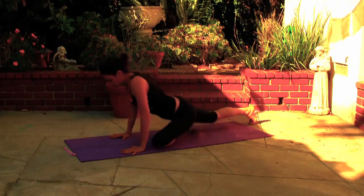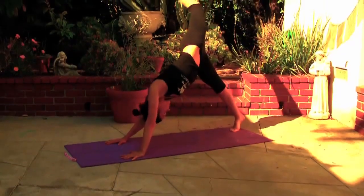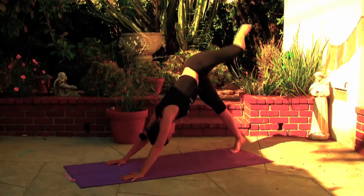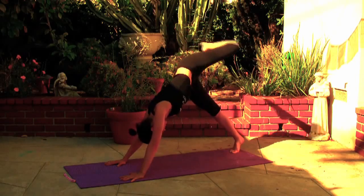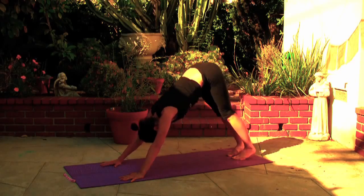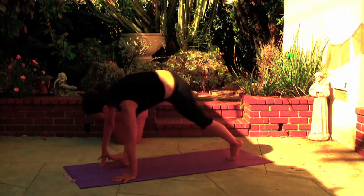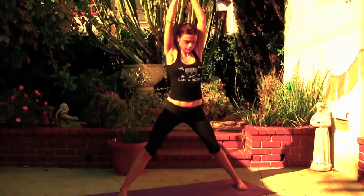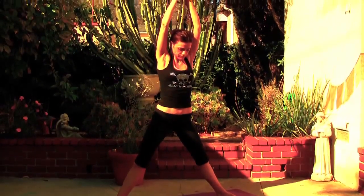Release. Hands on the floor, spread the fingers open, staying off of your leg. Go back into one-legged downward facing dog. Big wide circles. Make them big. Breathe into this. And step it back down. And let's take the right foot between the hands, come up, lunge, come up, straighten your legs, toes pointing forward,